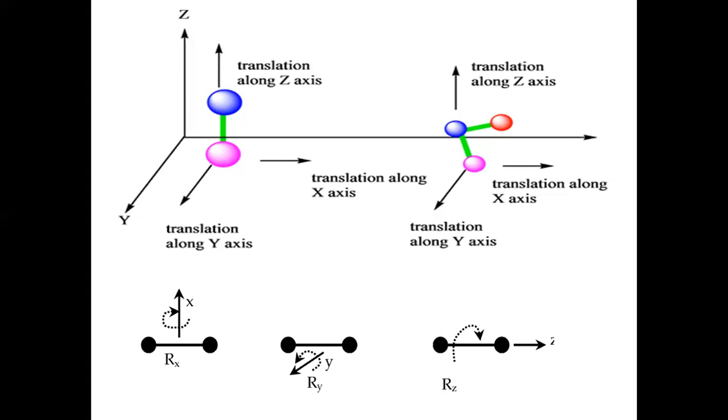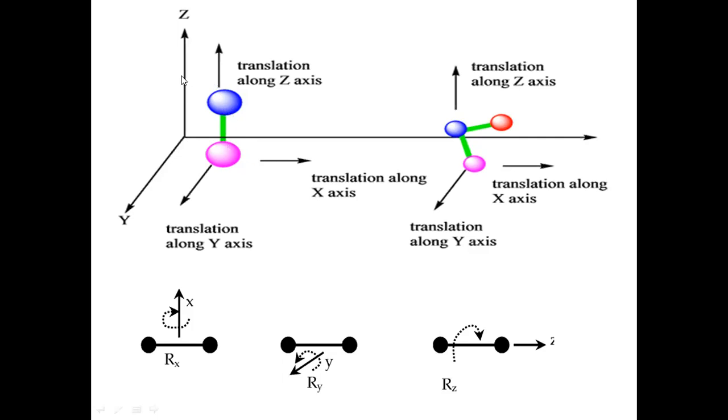Now if you compare the rotational motions, the molecule is going to rotate around the x, y, and z axes. This molecule is going to rotate around the x-axis, and it is going to need some energy to rotate around the x-axis. In the same way, the molecule can rotate around the y-axis. You can imagine it will rotate like this, and it is going to need some energy for performing this rotation. In the same way, a linear molecule can rotate around the z-axis, so there won't be any change in the position of those atoms.